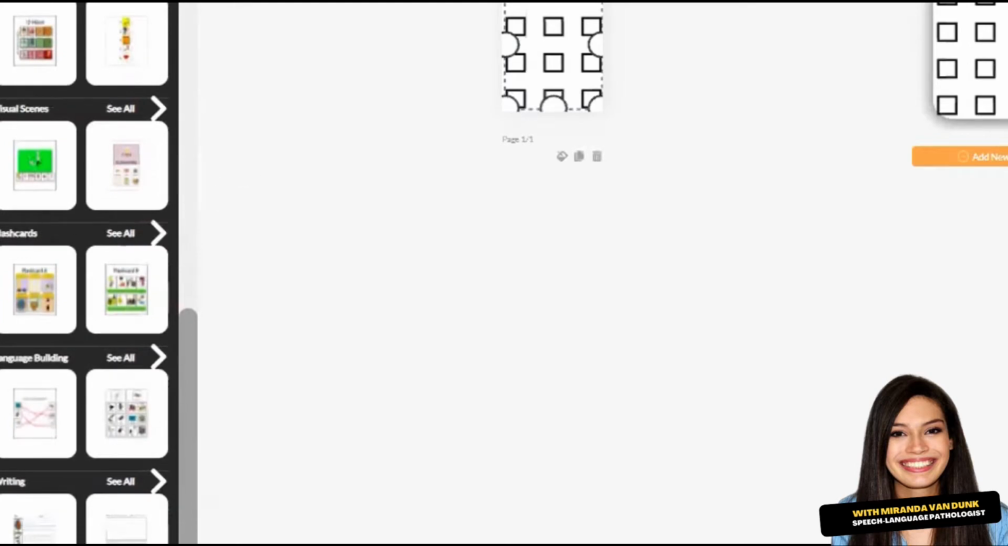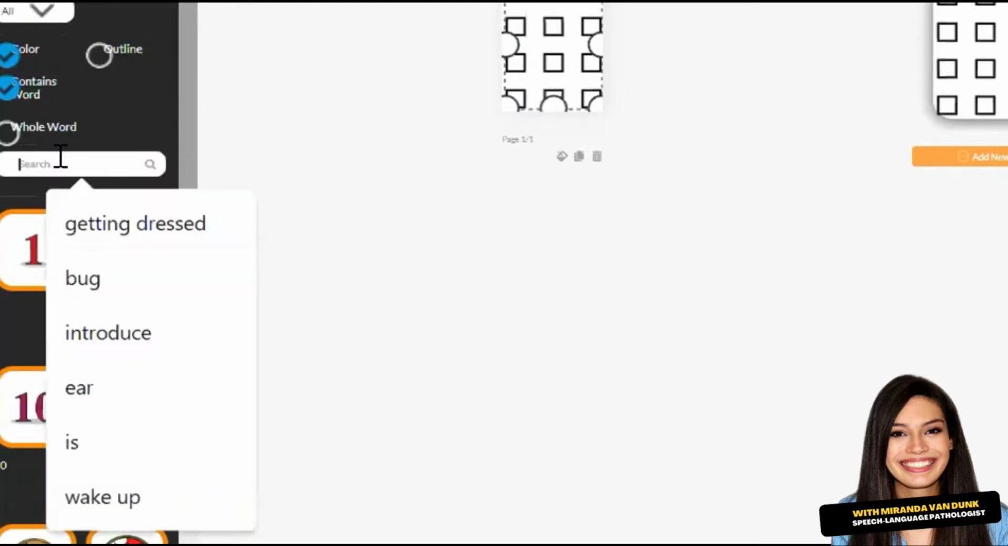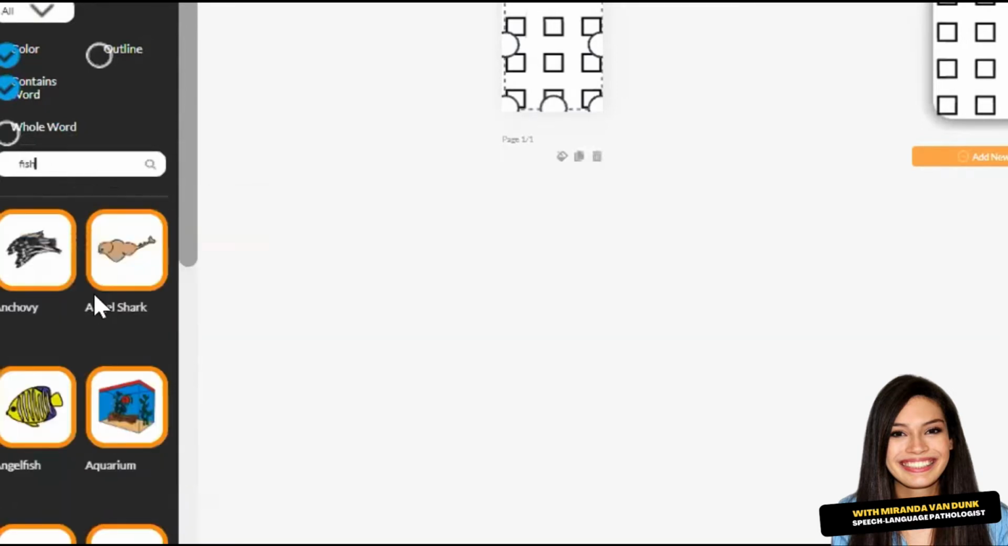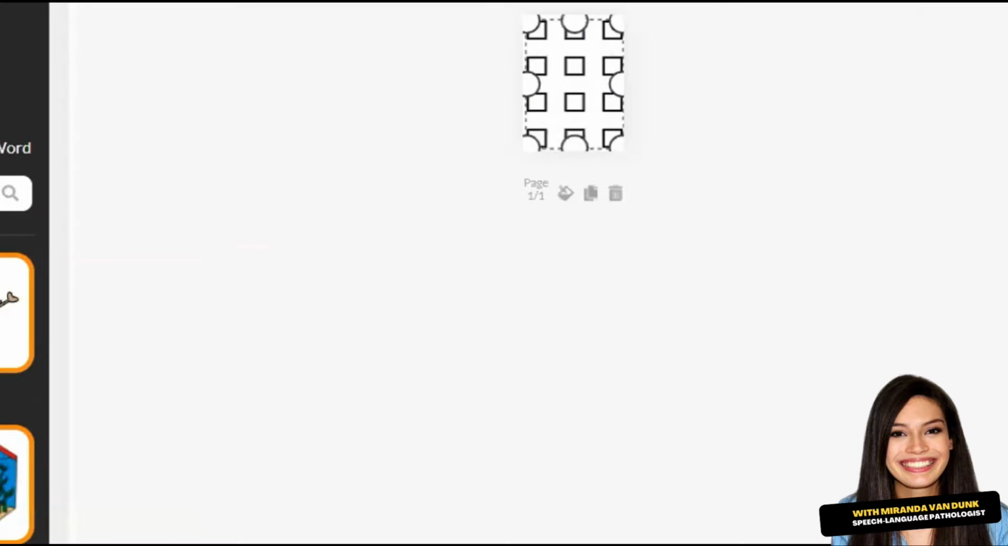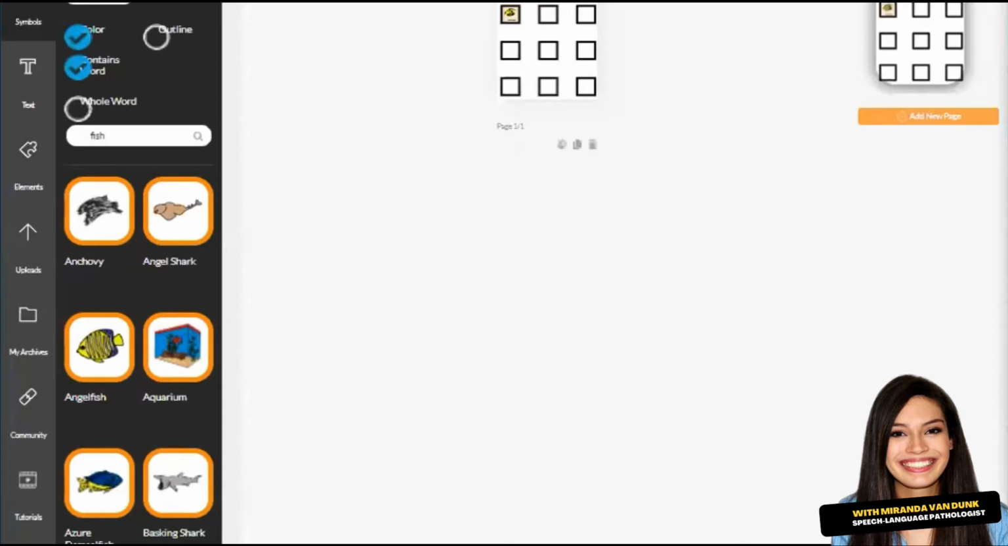And it's easy to go to the symbols. And let's say we want to do fish. Maybe we'll do an angelfish. And I can just pop that in and make it fit. So going back here,